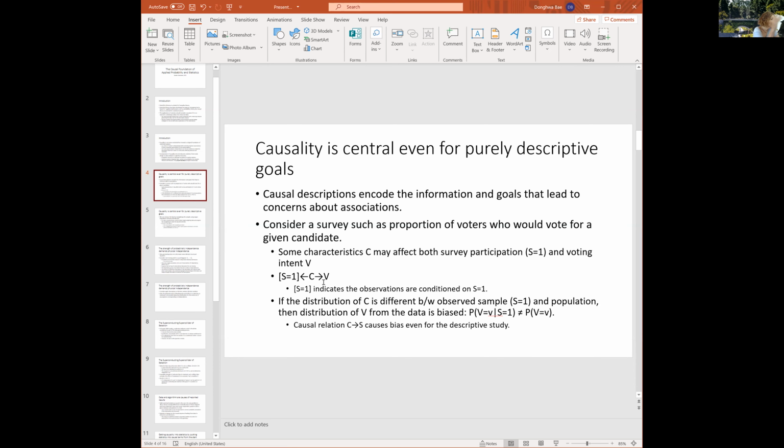Okay, go ahead, continue. I had a question here. I understand the argument is that you need to take into account the confounding variables in order to unbias your samples, right? But what does that have to do with causality? You could just think about this as a Bayesian network, where we're just talking about probabilistic relationships between our variables S, C, and V, and how the network encodes certain independence assumptions. Why do we need to move to the causal interpretation, where we're talking about interventions on our network, in order to account for this problem? You see what I'm saying?